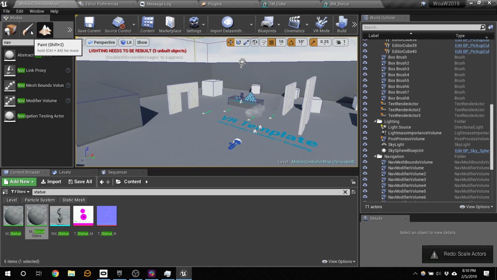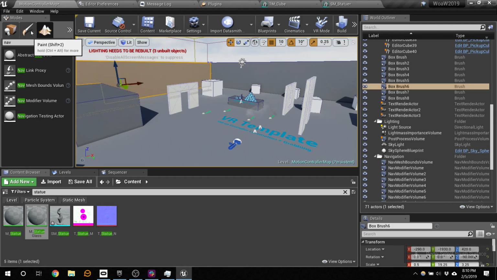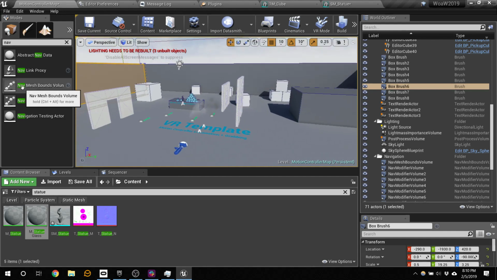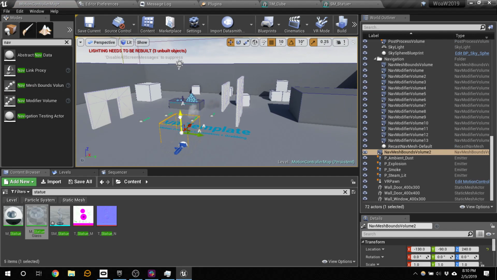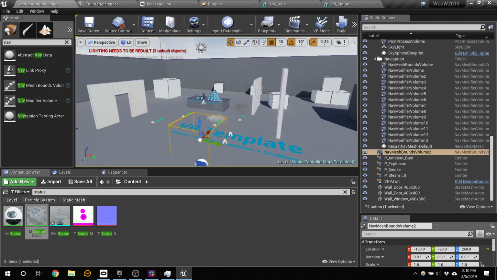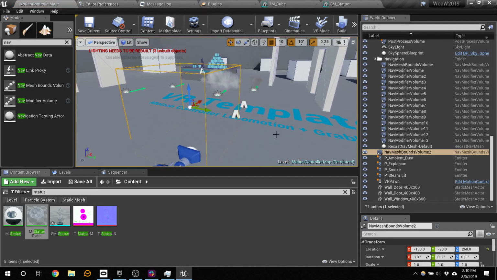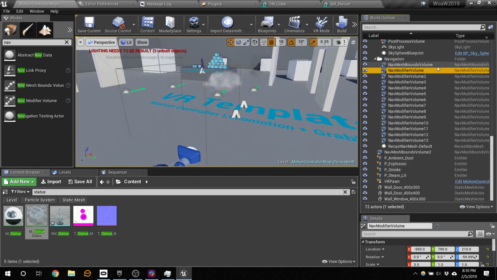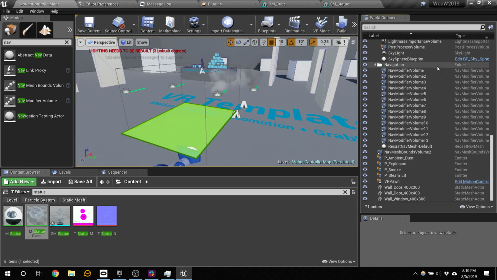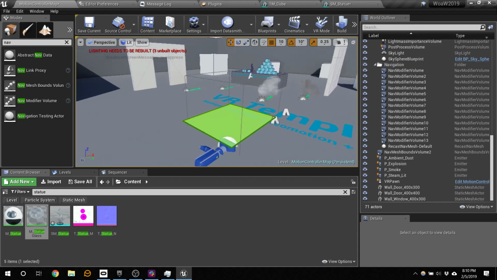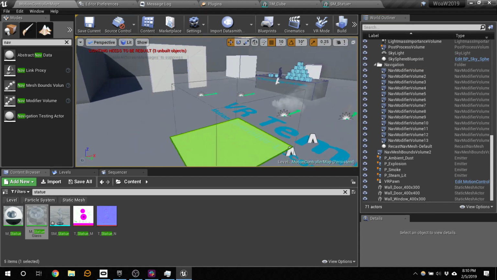Control I. Let's just put our own in there. I did something. Delete you. All right. The other one I messed up somehow the visibility of it, but I just added in